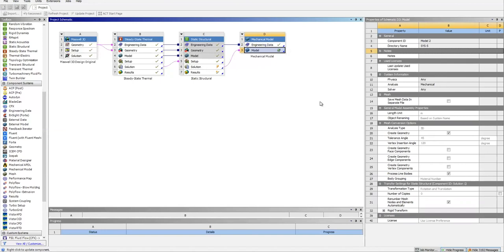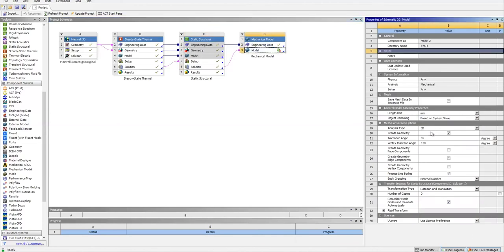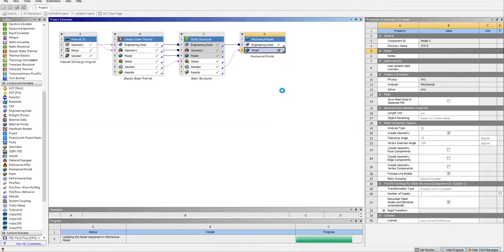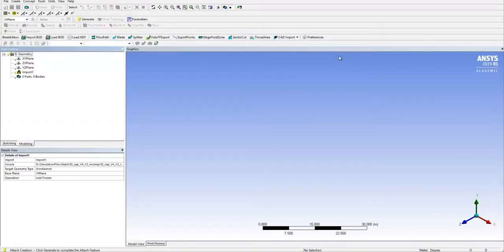For this purpose, we import our solution in the mechanical model. We change our length unit to millimeter, and then we import our model in the geometry.